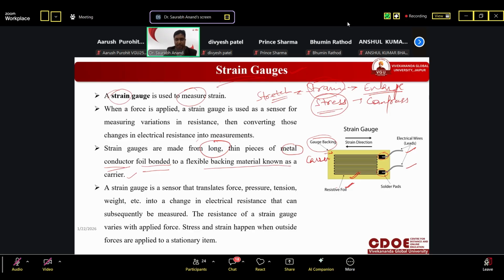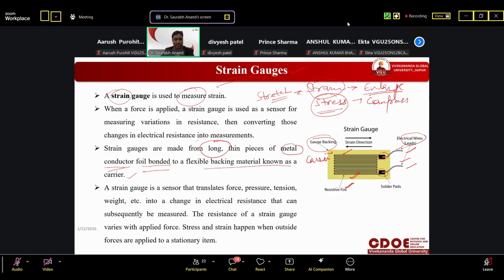This is carrier. Okay, there will be gaps according to the shape. So we have put the wire. We have fixed the wire inside those gaps and made the strain gauge so that the wire cannot touch each other. So you can see here there's gap between two wires. These are not connecting or touching anywhere. So these are two leads, electrical wire leads. So we can connect wherever we want to use. I will show you in the next diagram where we are using it.